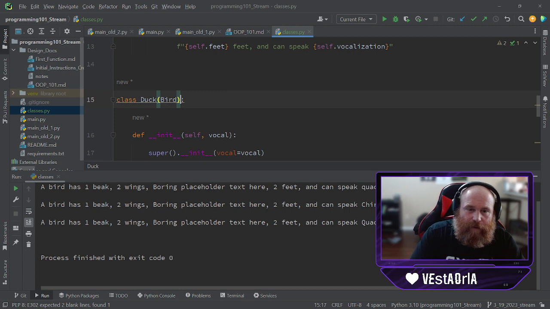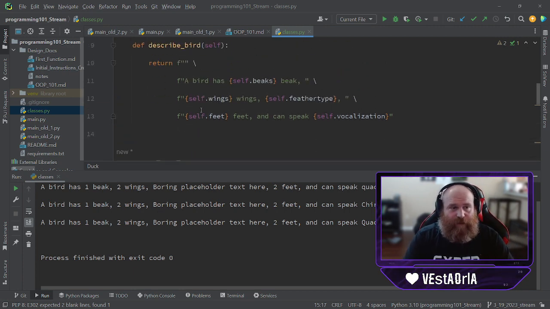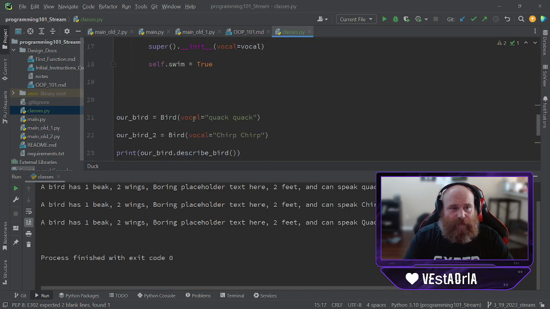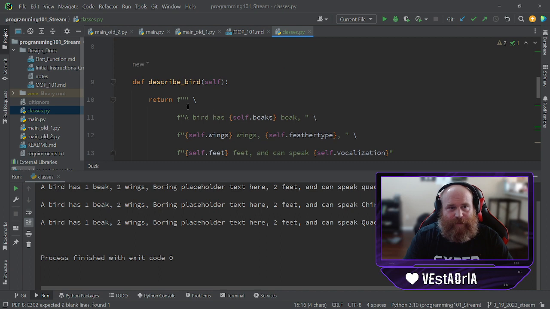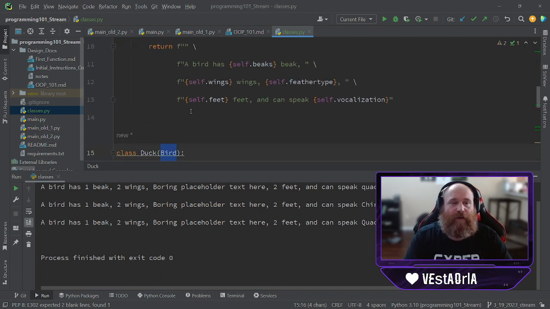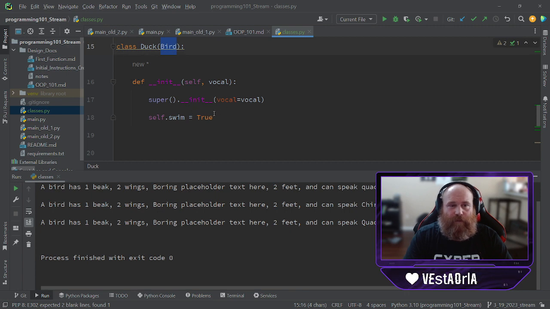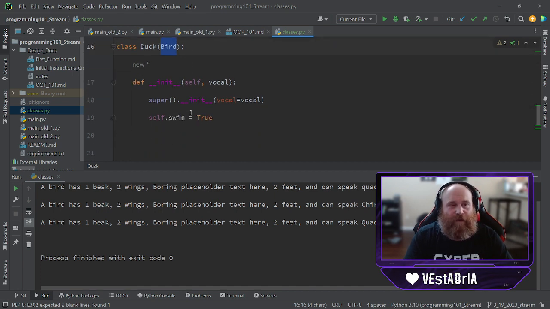Yes. All right. So even though we did not define a function within our duck, because it is of class type bird, it inherits the functions. Now we can overwrite those. There's a lot of other stuff that we can do, but the big thing to understand here is as we create more and more of these classes,